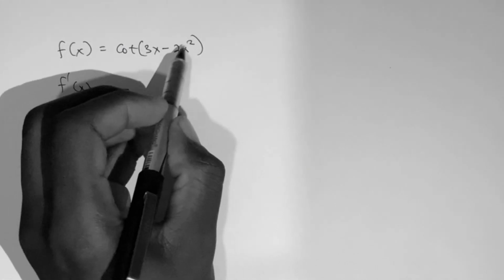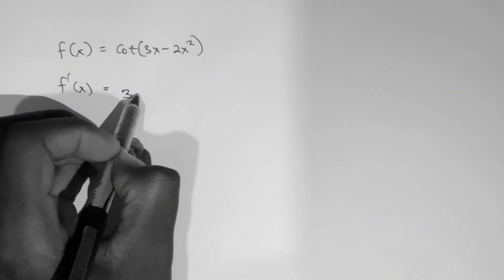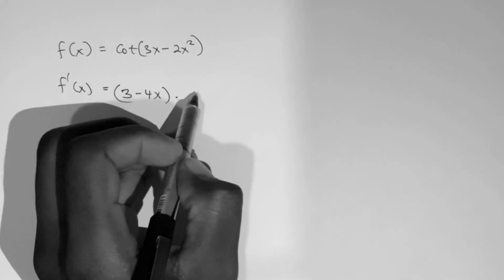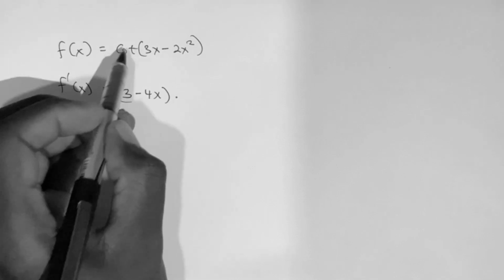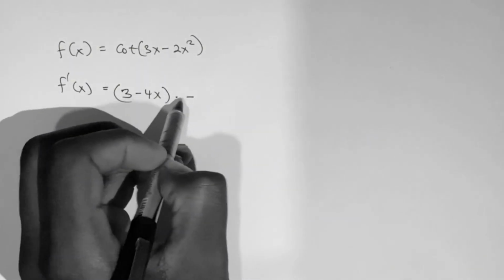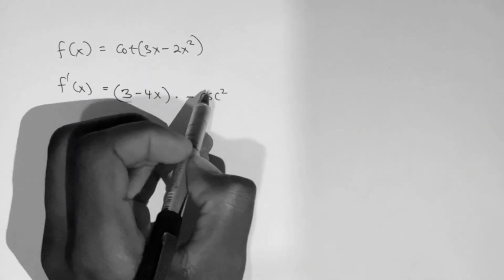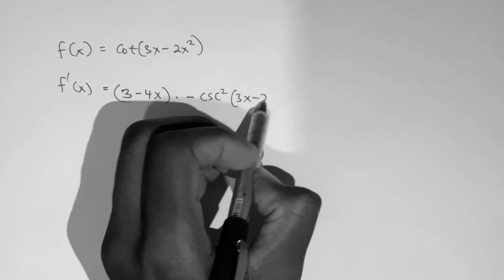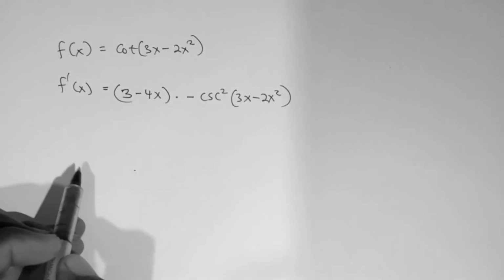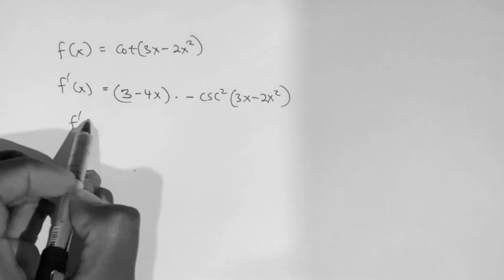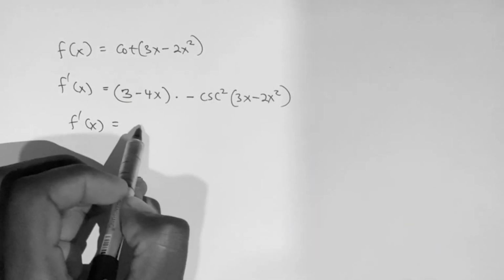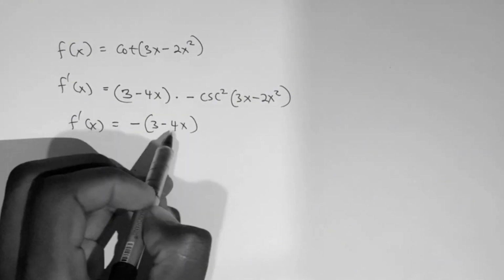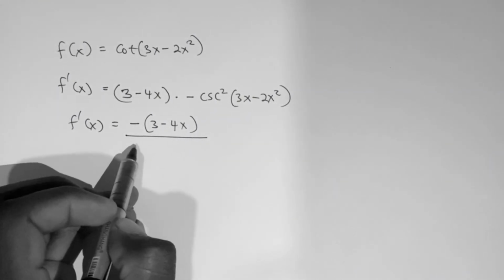Then if you differentiate minus 2x squared, you get minus 4x. Then times, if you differentiate cot x, you will get minus cosec squared of 3x minus 2x squared. So f prime of x is equal to minus in brackets 3 minus 4x divided by